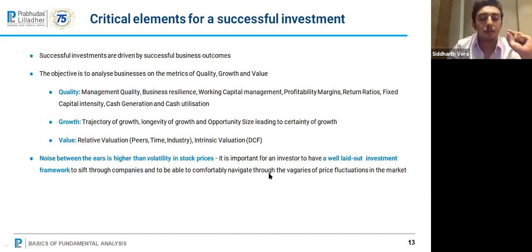And मैंने आपको जो golden principle बताया है कि you need to have a well laid out investment framework to comfortably navigate the market, comfortably buy stocks, comfortably make money. तो आप फोकस करो फ्रेमवर्क पे, स्टॉक्स अपने आप वो फ्रेमवर्क में बैठेंगे और अपने आप वो फ्रेमवर्क से निकल जाएंगे. यू फोकस ऑन गेटिंग द फ्रेमवर्क राइट.